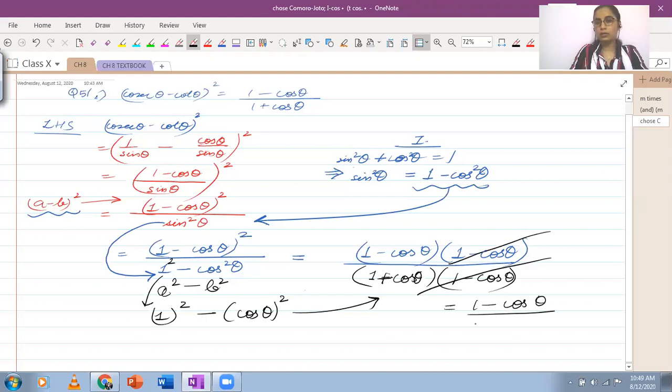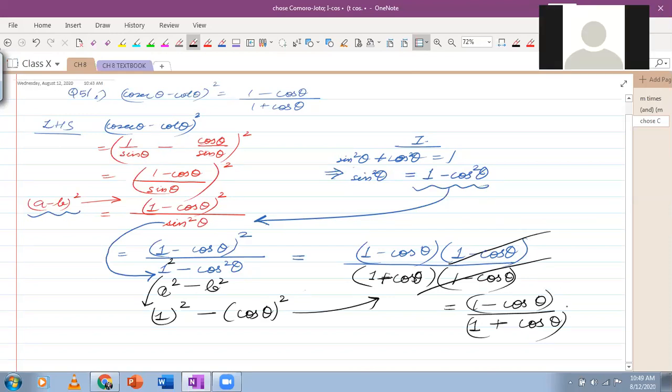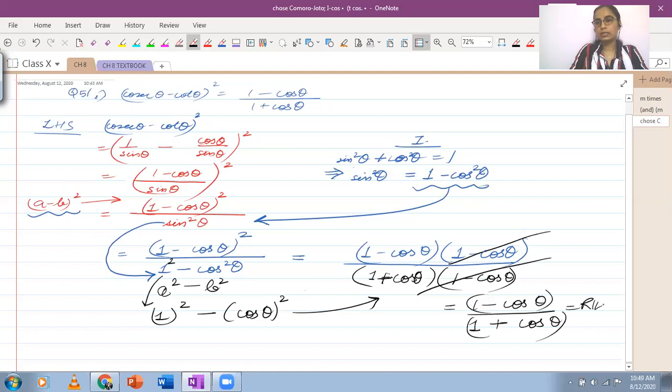Just compare it with the right hand side of the question. Ma'am, it's same. So we have reached RHS. So we started with left hand side, we simplified it, and the simplified answer is equal to right hand side. Now this is one way of doing it. I'm just going to suggest another way to do this. So observe very carefully. I think the work that I have done in red, it's clear to everyone.